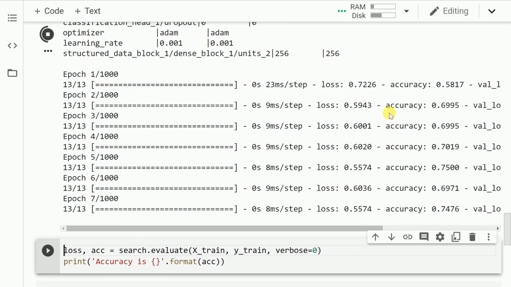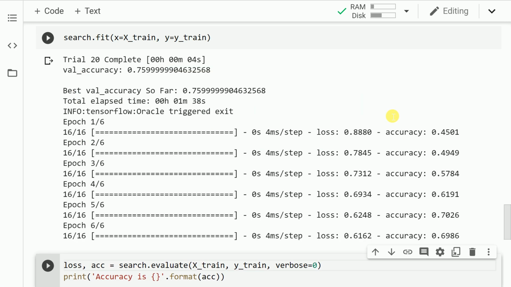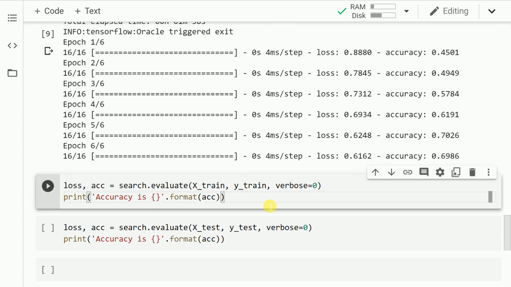So we've reached trial 16. After 20 different models, we have finally come to a model which has 76% validation accuracy. So let me evaluate this model with respect to our training data set.